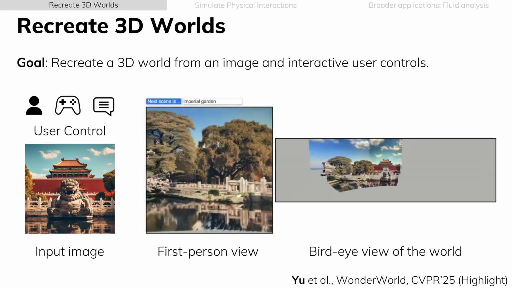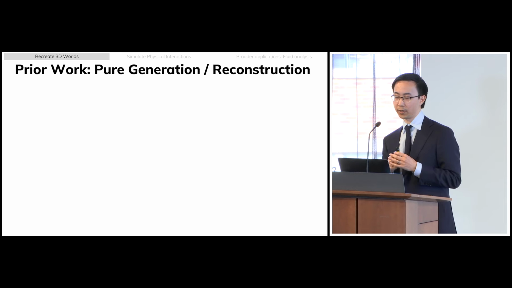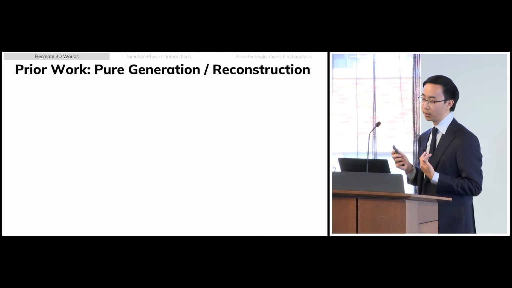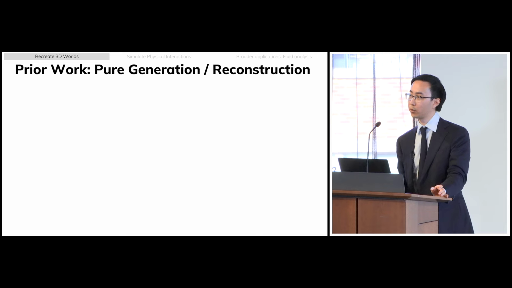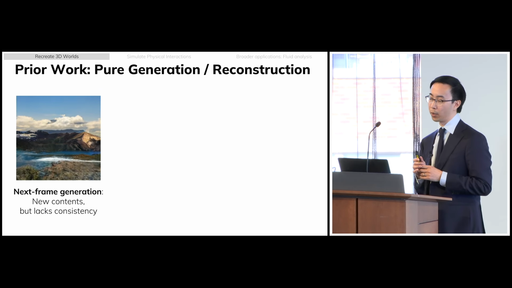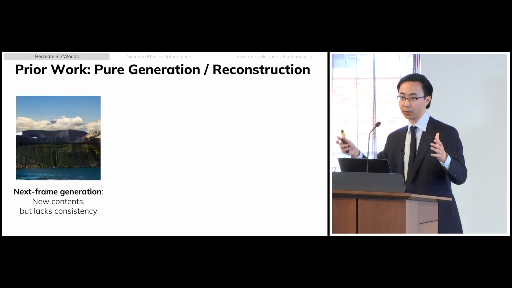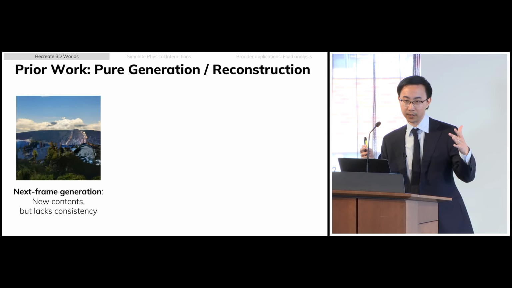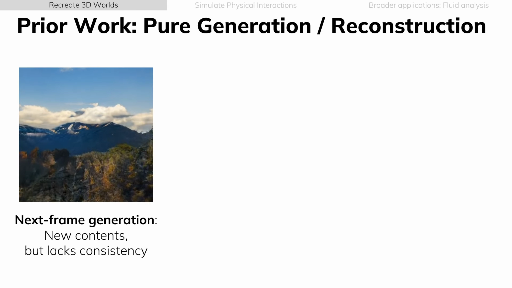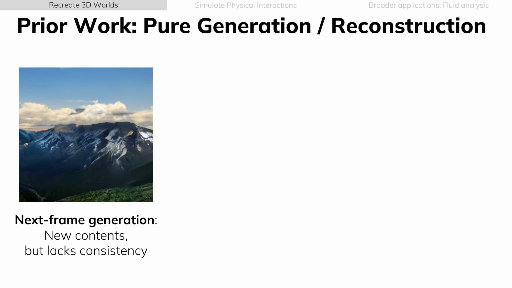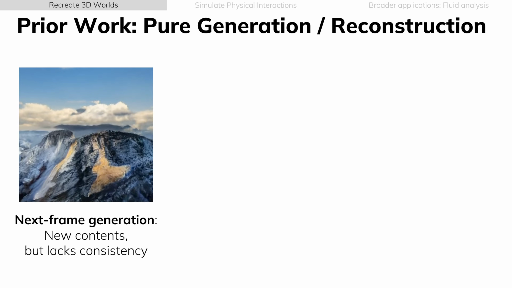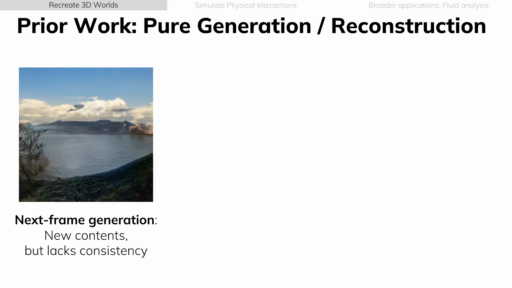Now, this task of 3D world generation is pretty challenging because we don't have a large dataset of diverse 3D worlds. So prior work has focused on two different approaches. The first approach is pure generation, where the technical idea is to train an end-to-end neural network that takes the previous frame as input and predicts the next frame. This allows you to create interesting new content, but it lacks the guarantee of consistency. So you can see that the textures, like the grass and water and the snow, are actually flickering pretty heavily